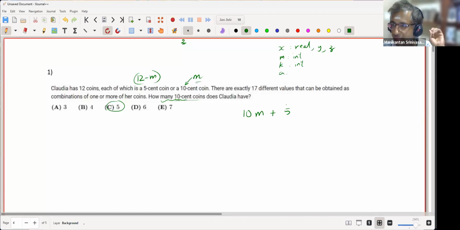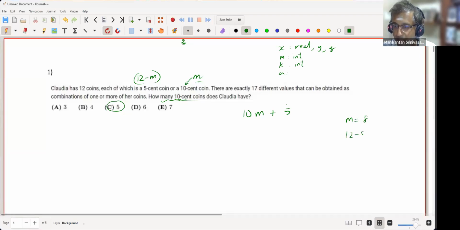But in case you forget at the very end, let's say you get M equal to 8. Then you must remember that 12 minus 8 is the correct answer. In the haste, you might put 8, right? So my first advice was choose whatever is asked as the variable of choice. So he's asking how many 10 cents. So let that be the starting variable, and everything depends on that. Okay. So that was one suggestion. The other suggestion was using letters appropriately. M for integers, X, Y, Z for real numbers, all that. Okay. Anyway, so